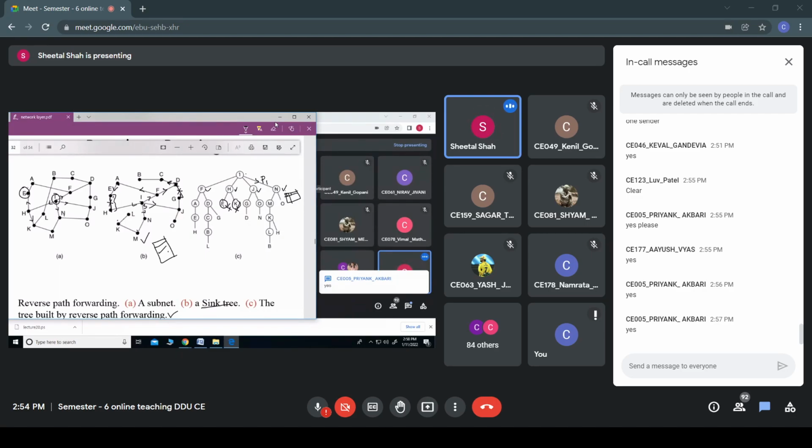Okay. So here the spanning tree is not required. In the last example that we discussed, the spanning tree's information should be known by all the routers of this particular subnet. But here a router should know only whether this is the preferred path. If it is yes, then it has to forward it further, and if it is no, then it has to stop. It should not forward it further.